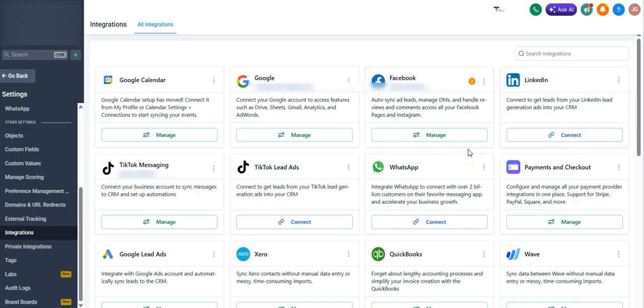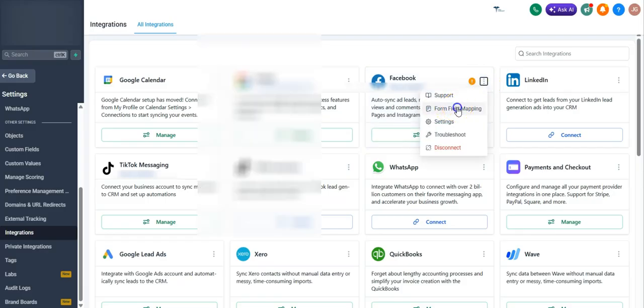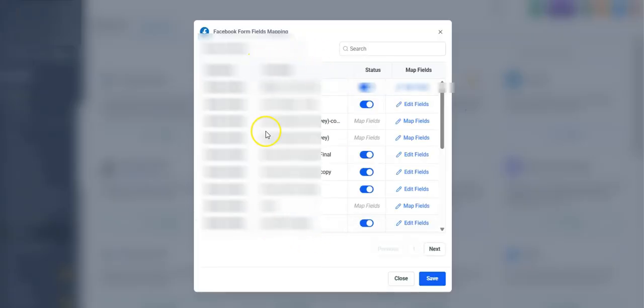And if you have multiple Facebook pages, you might need to select which one you would like to connect to this sub account. And once that's done, just follow the prompt. Once it's connected, it will look like this. It will say manage and you will see the Facebook page name in here. And for you to connect your Meta instant form, just click on this little three dots here and find form field mappings. And from here, you will see all your instant meta forms in your Facebook account or ad account